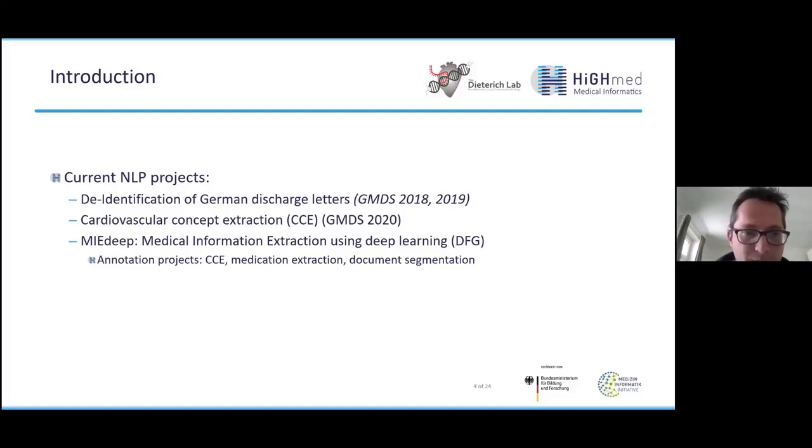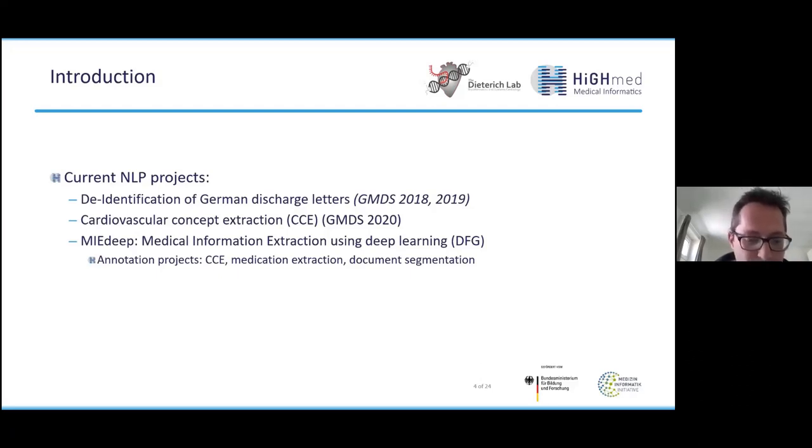In addition, we are focusing on clinical information extraction, such as cardiovascular concept extraction. Here we focused on creating data sets and training machine learning models for automatic concept extraction, on medication information, cardiovascular risk factors, and anamnesis information.